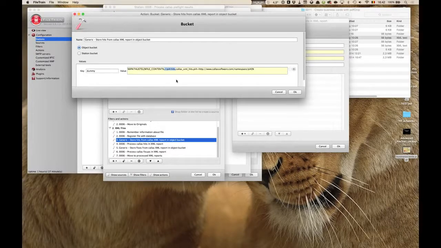Why would we do that here? Well, we're processing a callas preflight report in this example. That callas preflight report contains a list of hits. Each hit is an error, a warning, or an informational item. This little XPath instruction gives me a list of all of the hits in that XML file. So if there are 10 preflight errors, it will give me 10 XML elements, and it stores those elements inside of a